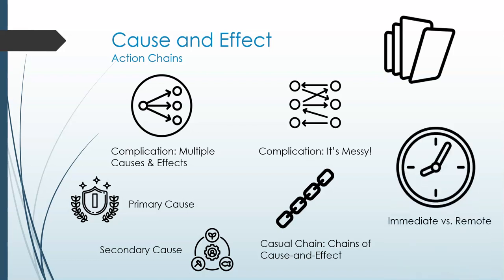There are also immediate and remote causes and effects, and it's useful for sorting out events in time so that you can identify the various links and whether they're primary or secondary, immediate or remote. Immediate causes or effects happen nearest an event, while remote ones happen farther away in time. Primary causes are directly and primarily responsible for the outcome, such as needing this class for a degree as a cause for taking it,